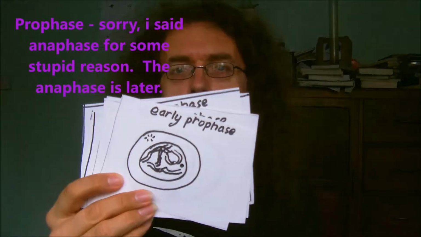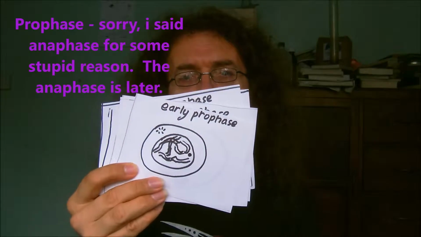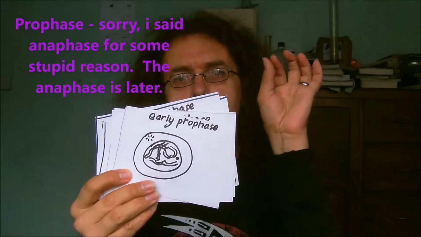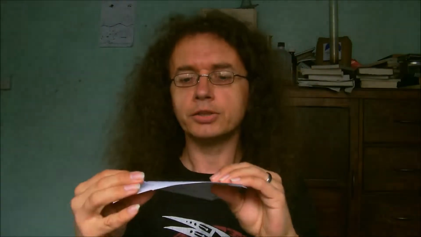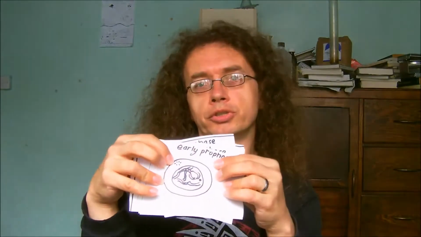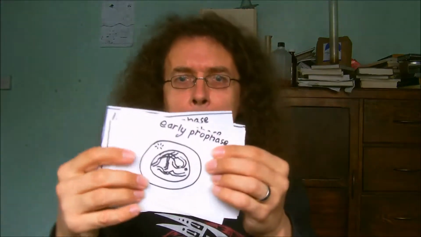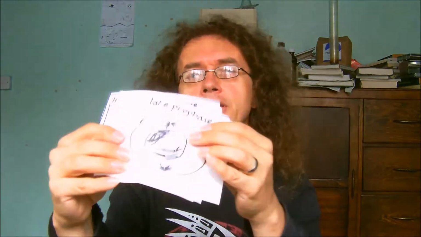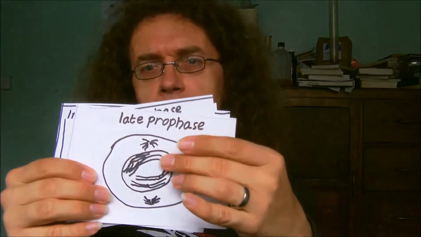Now in the early anaphase, what happens is the chromosomes coil up together and they become quite compact. And when they become compact, they pair up together. And the membrane around them starts to dissolve. The centriole is still there. Okay? The centriole is still there. So that's the prophase. I think I might have said anaphase. Did I say anaphase or prophase? I don't know. Anyway, in the late prophase, what happens is they have definitely bundled together properly, like that, in